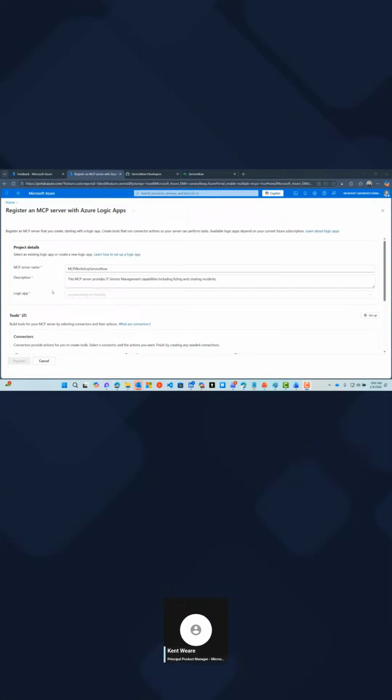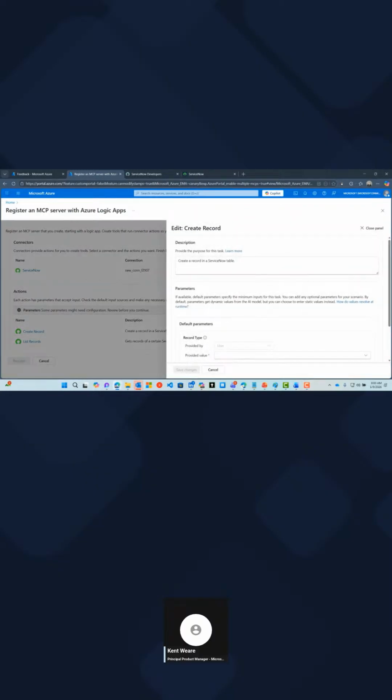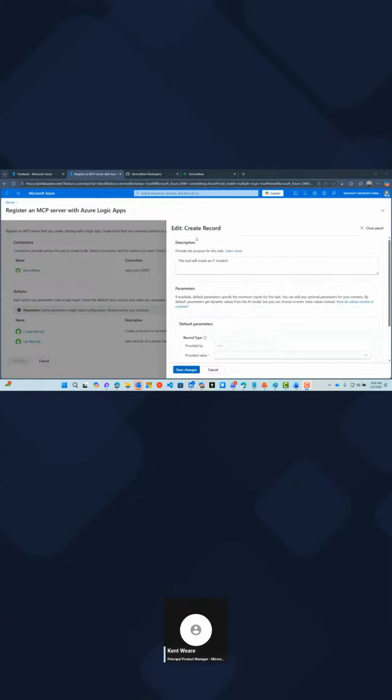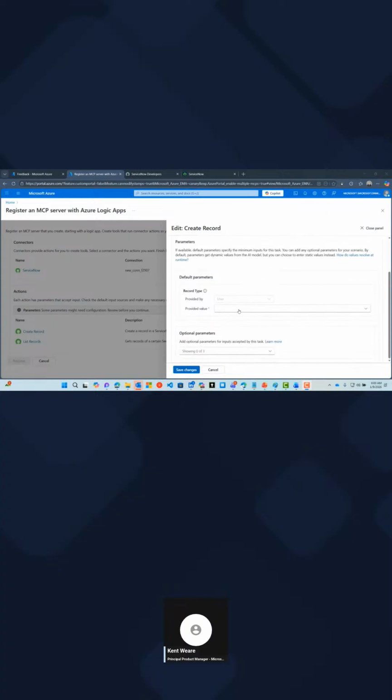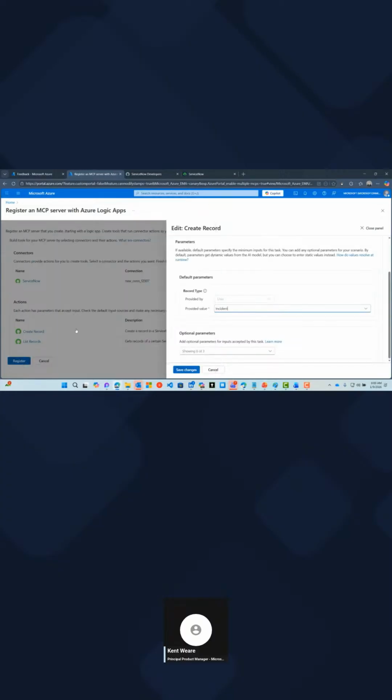Okay, so I've provided an MCP server name and a description. Now we do want to go ahead and do some configuration here. So much like we saw with Salesforce, we want to make some updates. The first would be the description. We want to update it so that it's specific to creating an IT incident, because remember, we've got create record. This is a very generic operation because ServiceNow has hundreds of tables, it looks like, and we want to be very focused on dealing with incidents. And so that's why we want to pre-configure this so that we don't have a large language model that's doing a lot of guessing. That wouldn't end well.